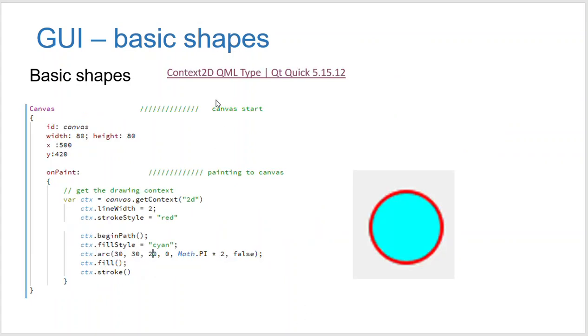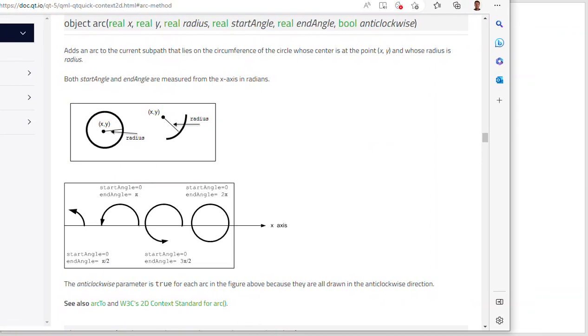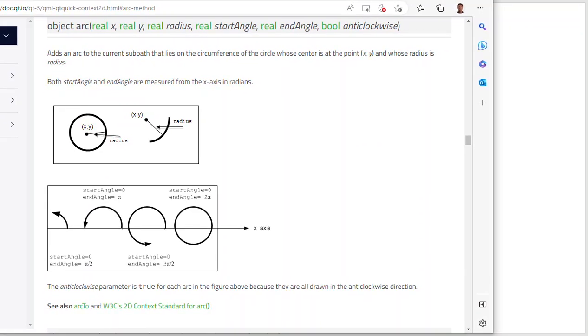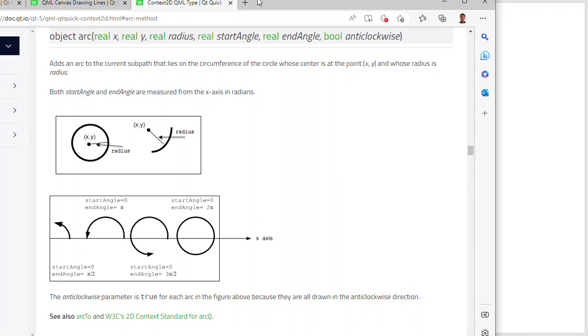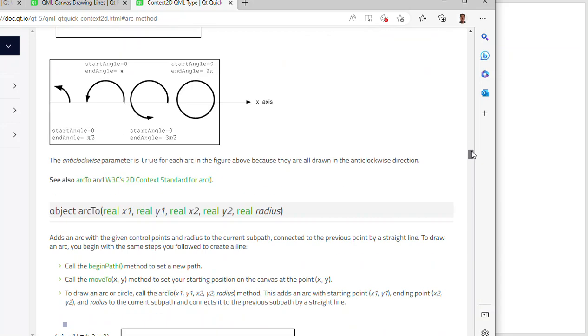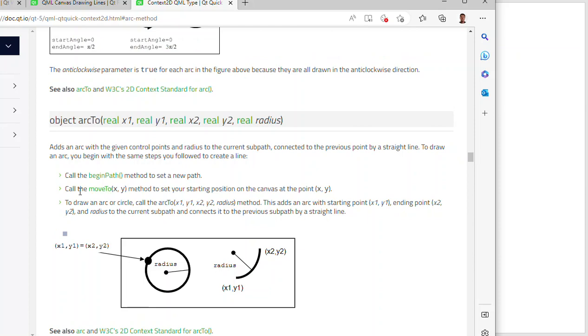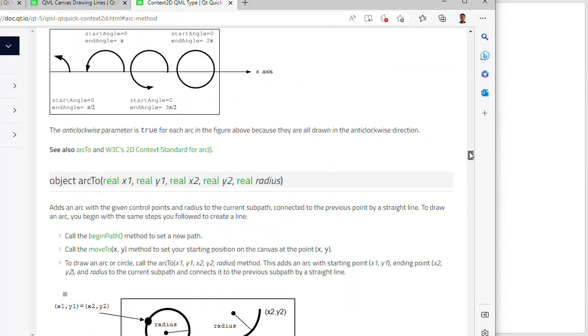Okay, and if you click this link, let's see what kind of other ways there are to draw, like this basic circle, on paint, in another way instead of using this rectangle. So we could use this arc method